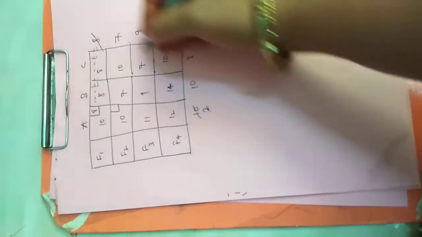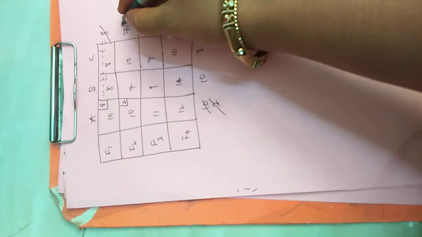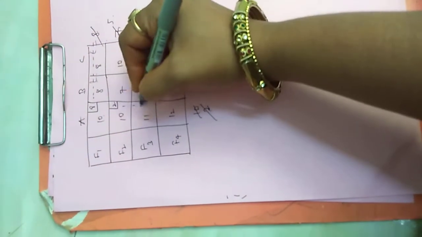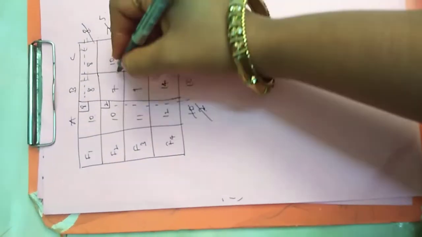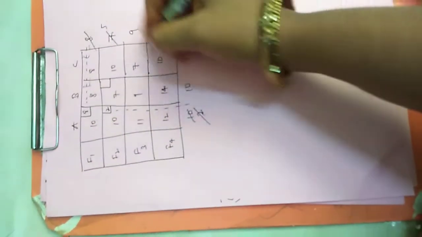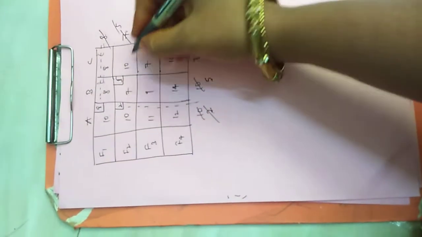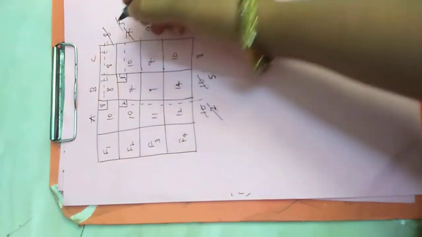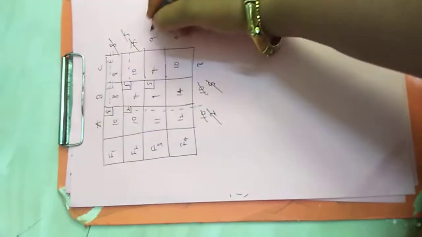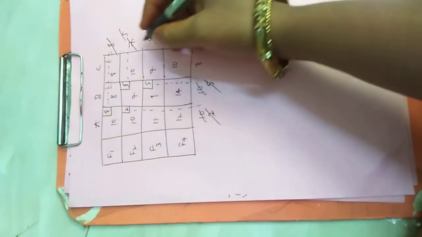Now allocation starts from these two here. Of these two, which one is the least value? That is 2. We allocate 2 here, so the remaining 5 we write there. Again this entire column is frozen. Then allocation starts from here. The least value is 5, so we allocate 5 here. The remaining 5 we write there, and then it is frozen. Next here we allocate 5 because of these two, 5 is least. The remaining 4 we write there. This column is frozen.